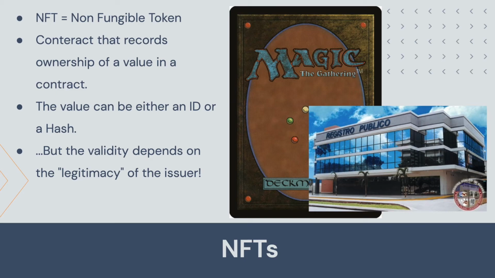The validity of the card depends on the legitimacy of the issuer. If the issuer is Wizards of the Coast, the company that prints the cards legitimately, then the card is legitimate. If it's not printed by Wizards of the Coast, then it is not legitimate, and anyone can make a copy. I can go to my printer and print a few copies of cards and play with them, with the same rules, and if people decide to use them, I can get them to play against me with them. It's fine. But the real cards in tournaments all have to be validated by Wizards of the Coast themselves, even if there are multiple copies of them around the world.